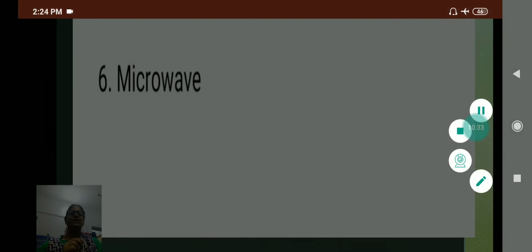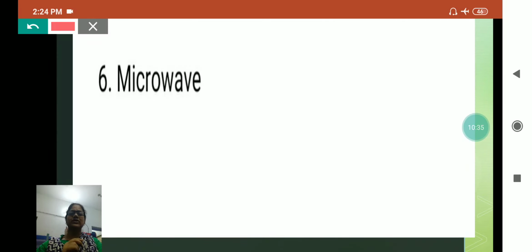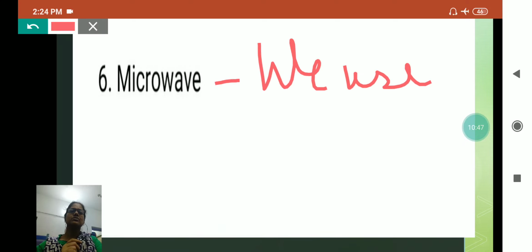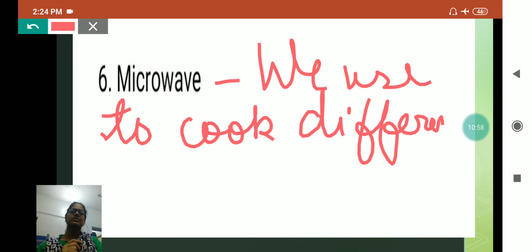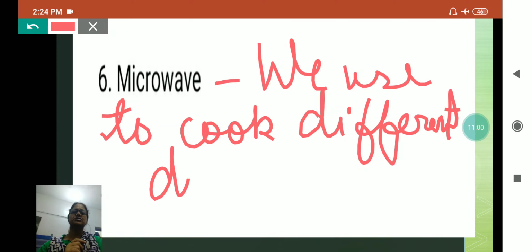Now next comes the microwave. Earlier, microwaves were only used for baking, but right now it is used for cooking also. For cooking we use it to cook different types of food, different dishes.